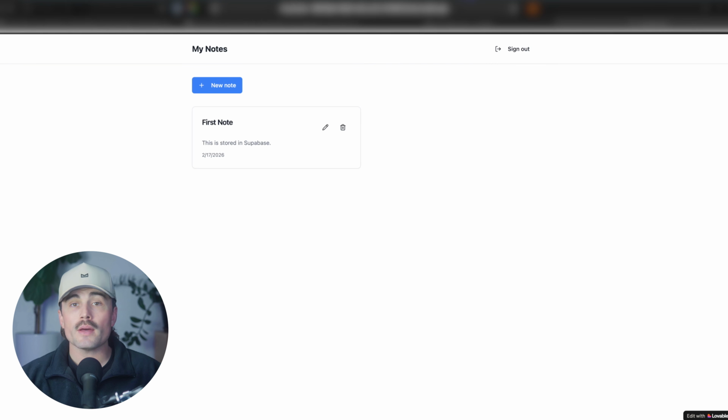All right, so now let's make it better. One of the coolest parts of Lovable is you don't open a code editor to improve things. You just tell it what to change. So right now we don't have search. So I'm typing, add a search bar at the top of the dashboard that filters notes in real time based